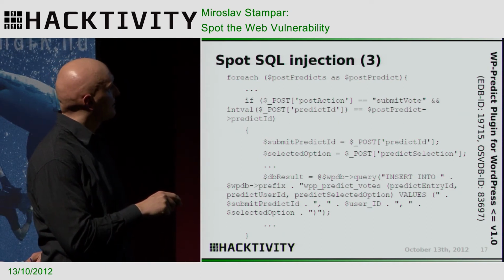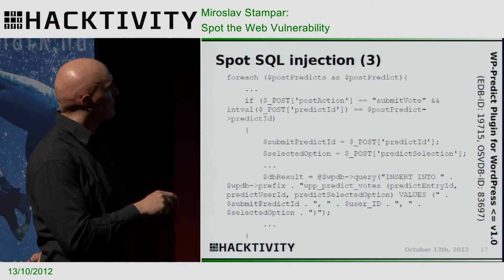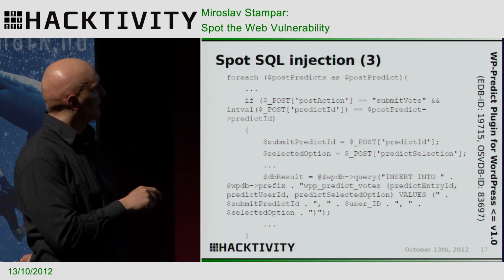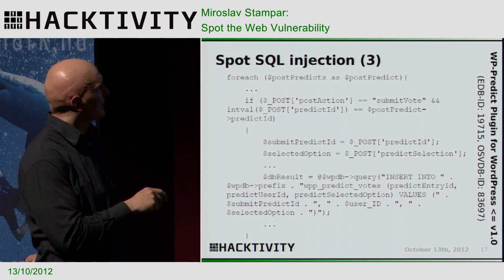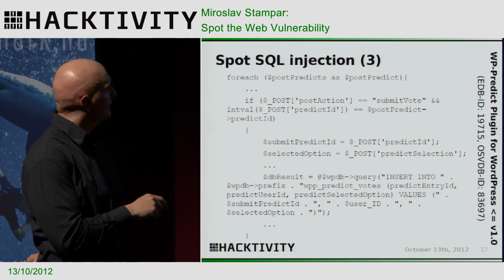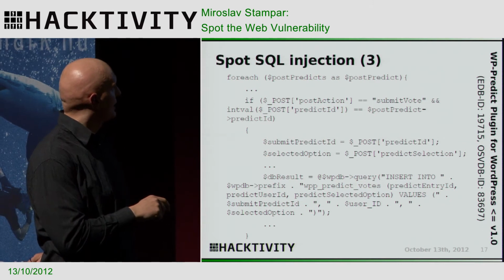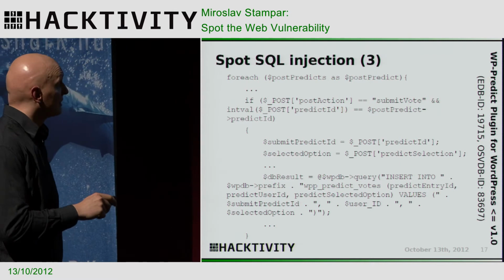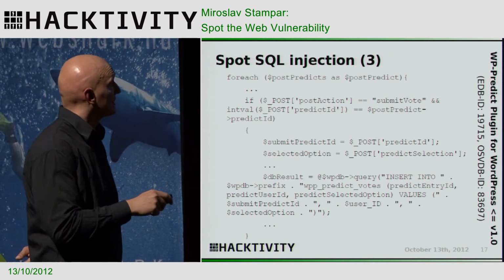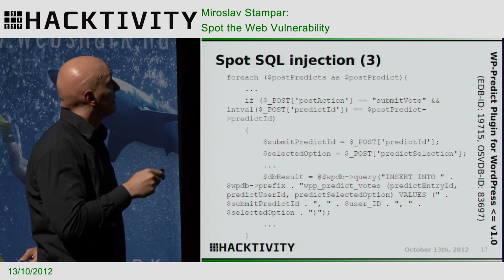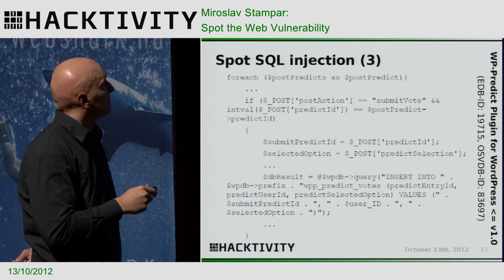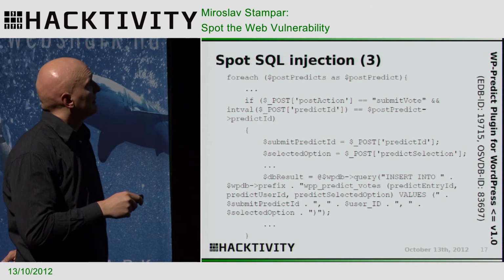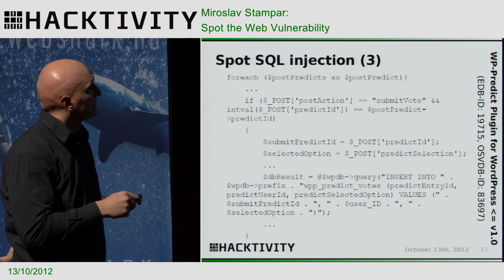You can see that the predict selection is taken from the POST request parameter values, put inside the local variable select option, and just used unfiltered here in the selection options. So to exploit this vulnerability, you just have to put some dummy value to the predict ID POST parameter value, and use some enclosure